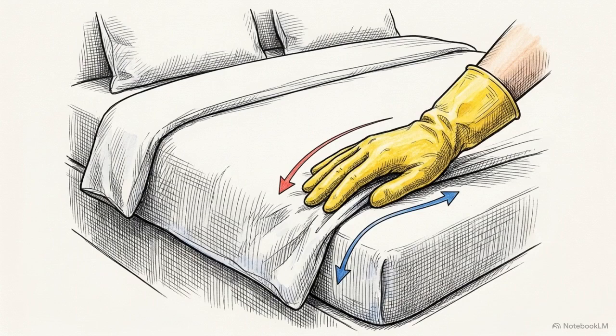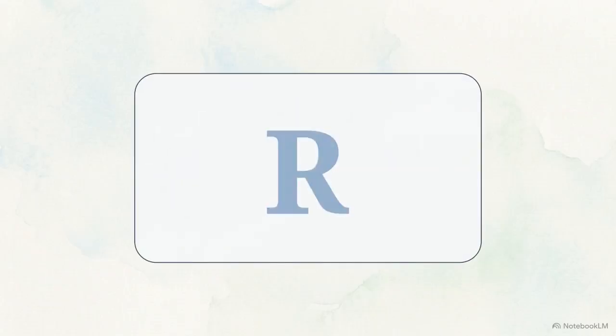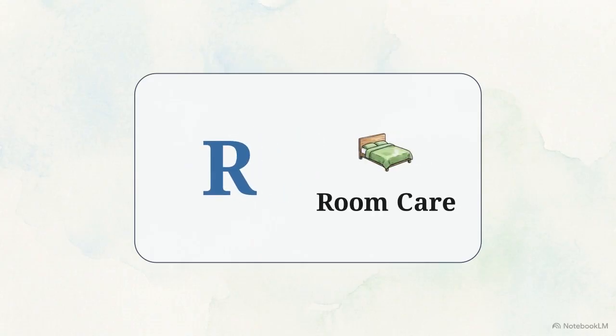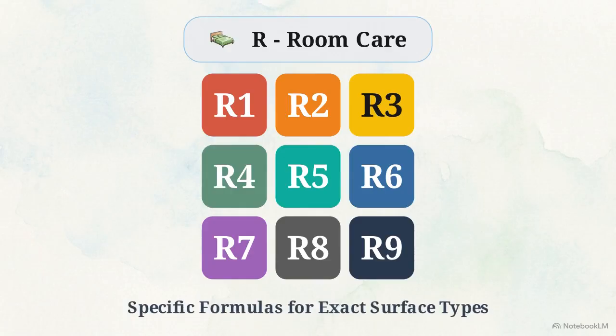Maintaining a spotless, hotel-standard room requires absolute consistency. You achieve that consistency by eliminating guesswork and standardizing your process with Diversey Holdings' TASKI chemical line. The system is highly organized. The letter R stands for room care, and the numbers 1 through 9 correspond to specific formulas designed for exact